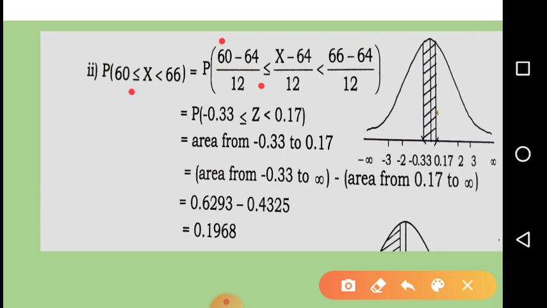Then this sign, come, this sign. Then there is x. X means put again that formula, x minus 64 by 12. Then there is again this sign, put this sign. Then there is 66. For 66 again, where there is x, put 66. So 66 minus 64 by 12. Then there is bracket, put a bracket. Okay. Now again p you write, put a bracket. When you do 60 minus 64 divided by 12, you will get the answer as minus 0.33. Yes. Then there is this sign, look. Put this sign here. Then this middle thing is there, no? X minus 64 by 12.